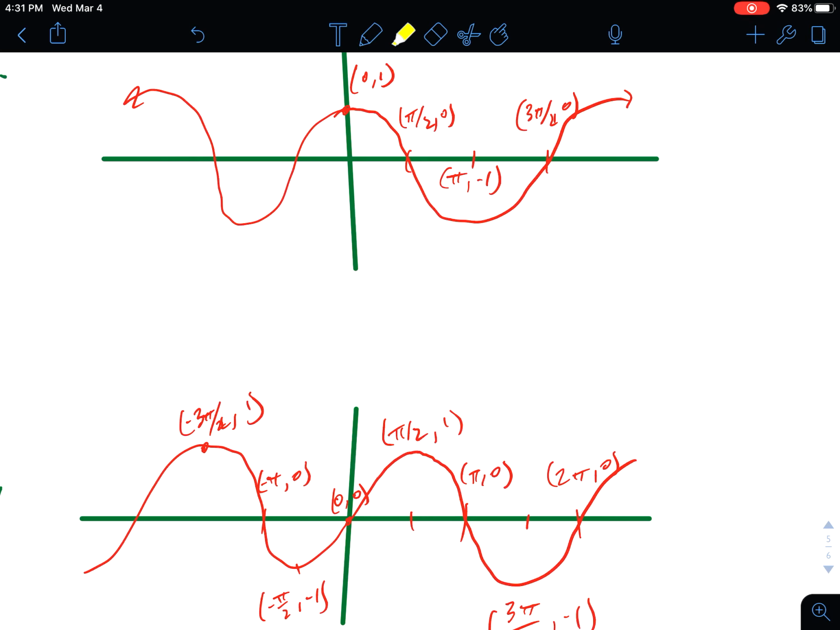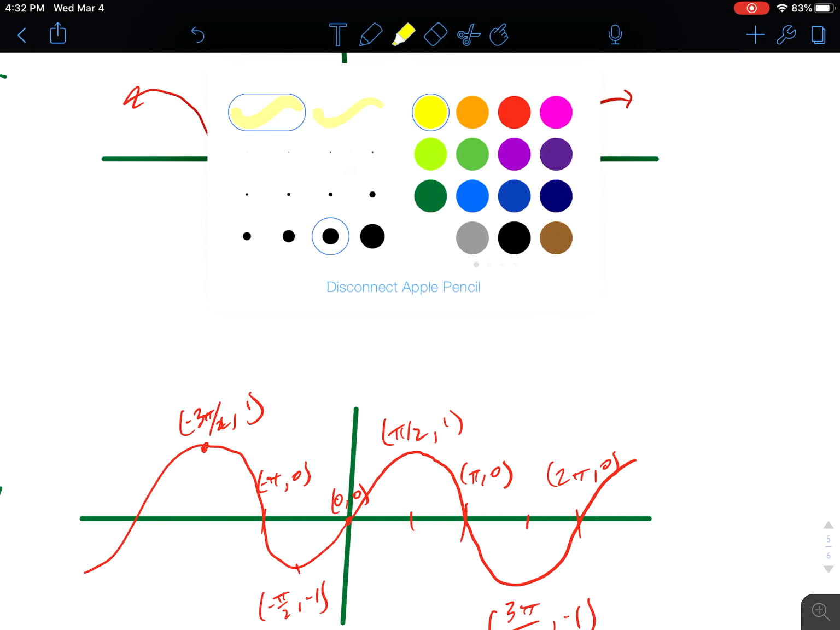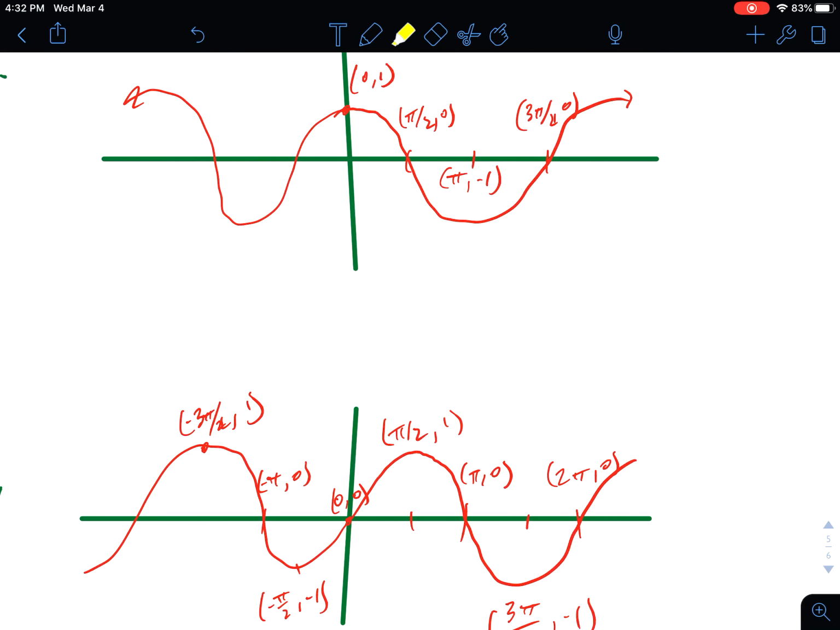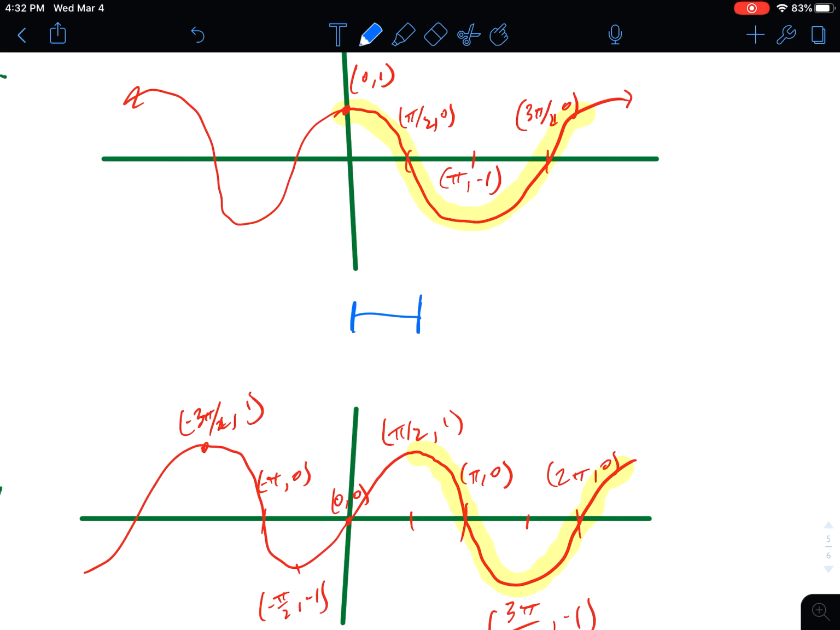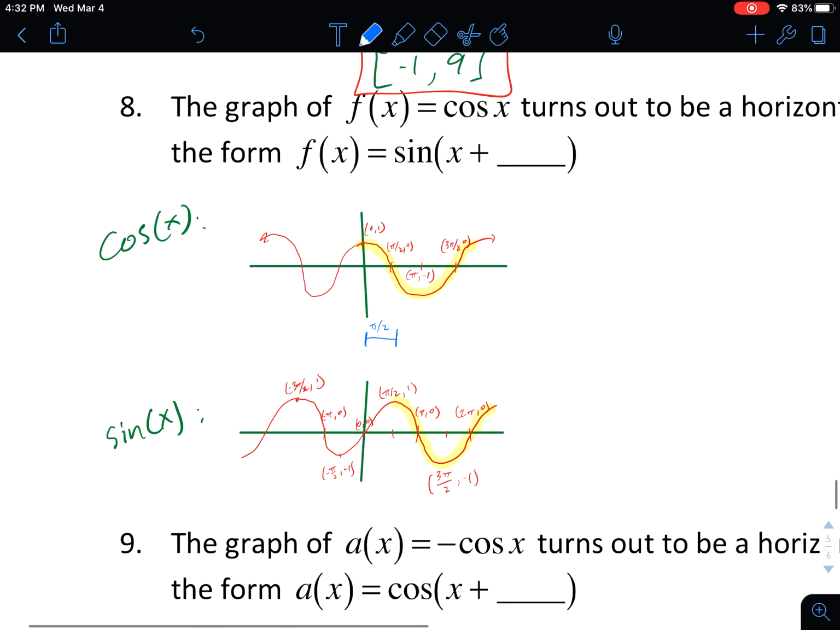So comparing these two, we can see this section, from top to bottom to top, and over here, top to bottom to top. And so there is a shift. We can see these two functions as offset by this distance, which is a distance of pi over 2. And so, if we wanted to write the cosine curve as the sine curve shifted over,